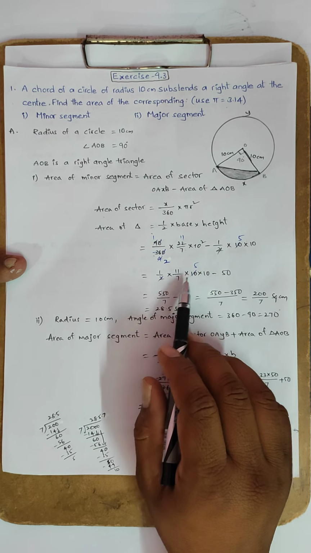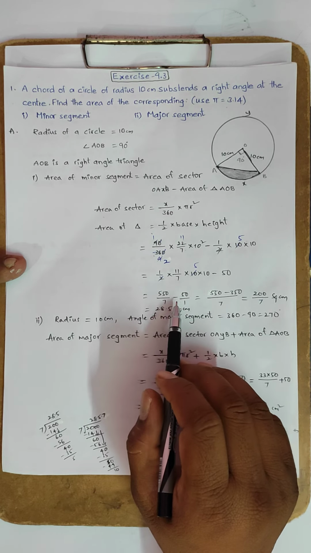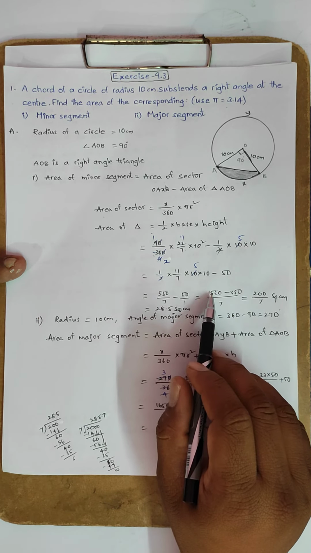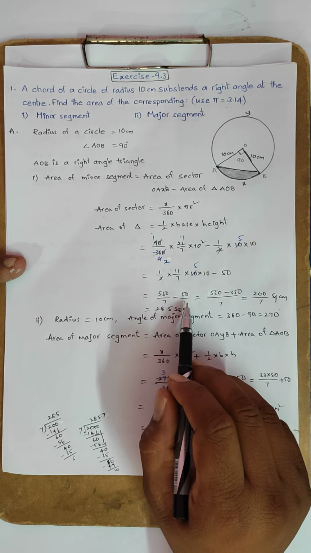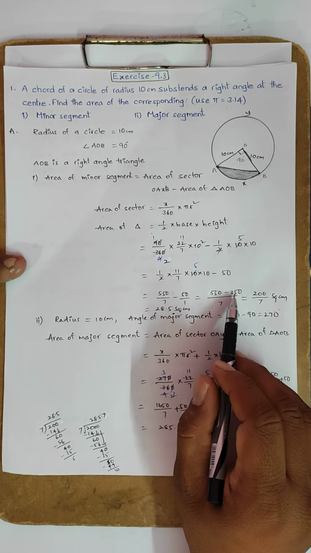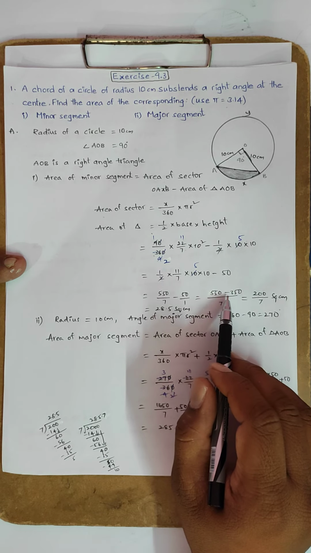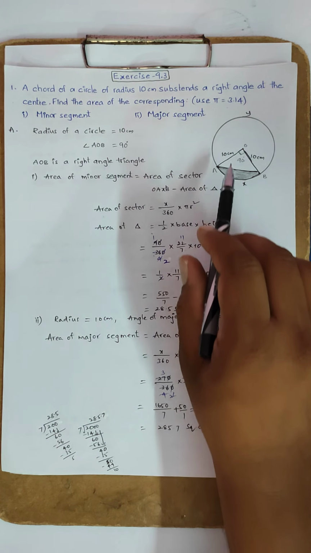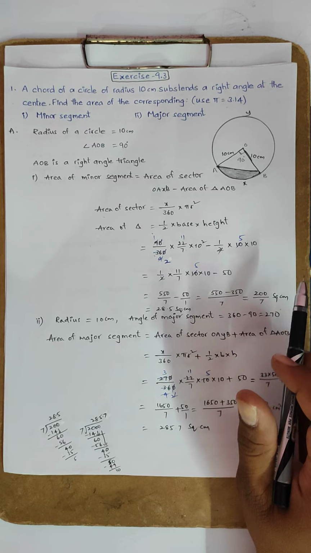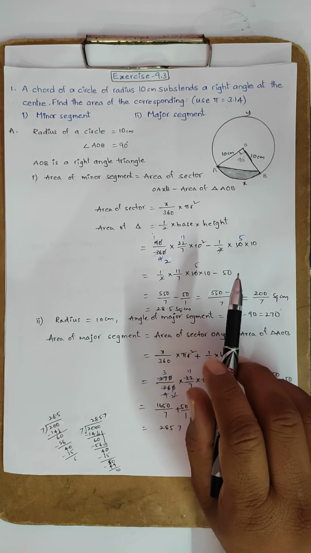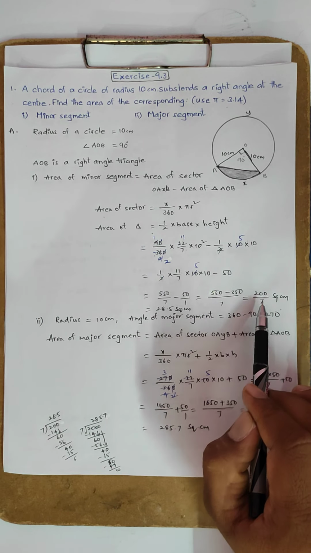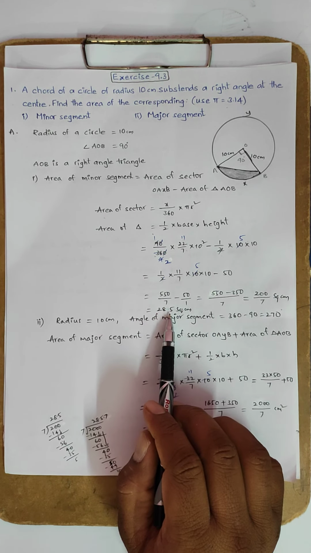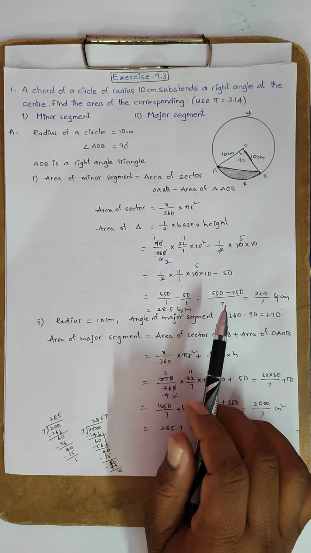Here 550 by 7 minus 50 by 1. Do the LCM for 7 comma 1, which is 7. Write the same numerator 550 minus 1 sevens are 7, 7 fives are 35, then 0, 350. 550 minus 350, 200 by 7 square centimeter. Actually, the problem says to use the pi value 3.14; next time I will do that here. I used only 22 by 7. 200 by 7 square centimeter. To do the division, we will get approximately 28.5 square centimeters.